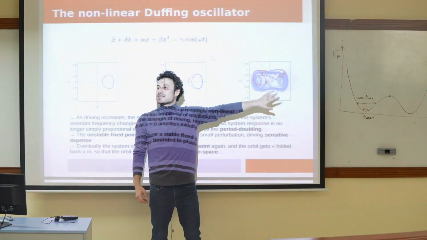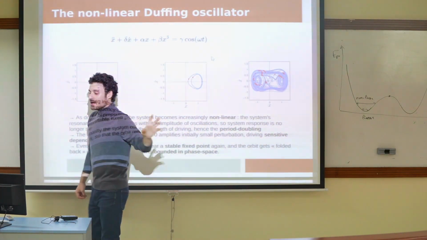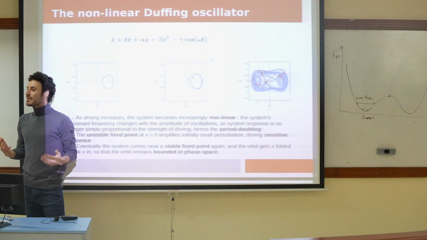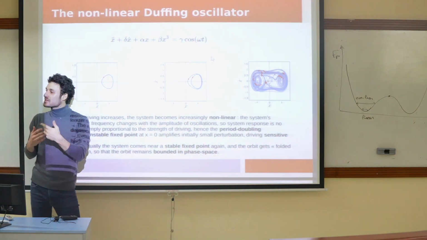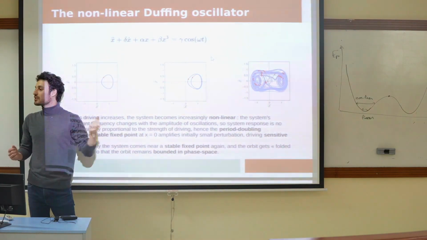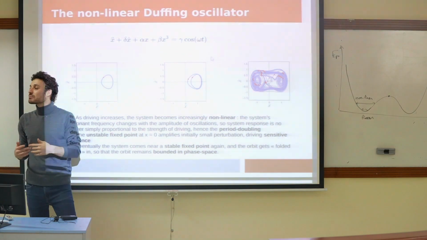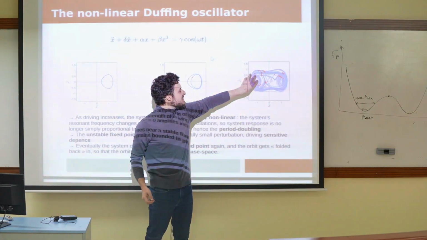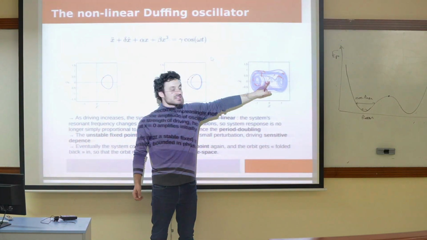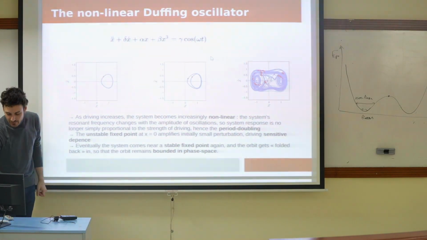And you can also make some educated guesses as to how long it's going to spend in each basin and things like that, right? So chaotic doesn't mean you can't say anything about the system. Chaotic just means that you start saying different things about the system. You can no longer say what the position of the oscillator is going to be in an hour. But what you can say is that on average, it's going to spend most of its time around here, and not so much of its time around here, for instance, which is still useful information, right?